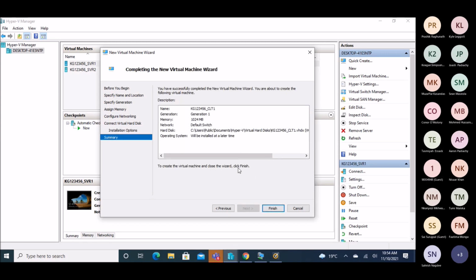So you click next, and you've got a bit of a summary: the name of the machine, the generation, the RAM, the switch, and so on. With this as well, the naming, just assuming that you made a mistake with the name, you can always change it later. There's nothing wrong with that. The only thing in this summary that is tricky for you to change is the generation. You can still allocate more or less RAM, but that's only if the machine is off, right? You can rename the machine while it's on,